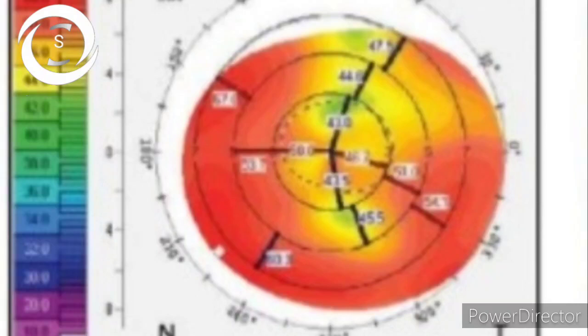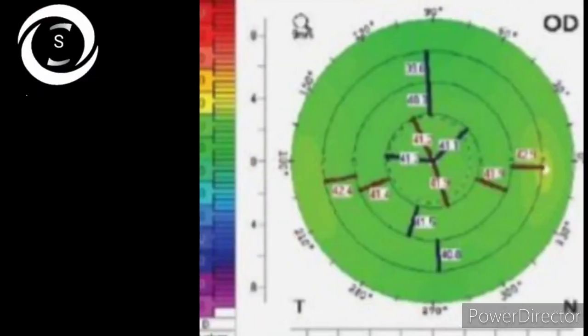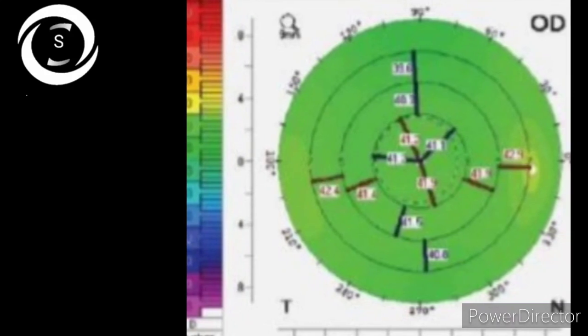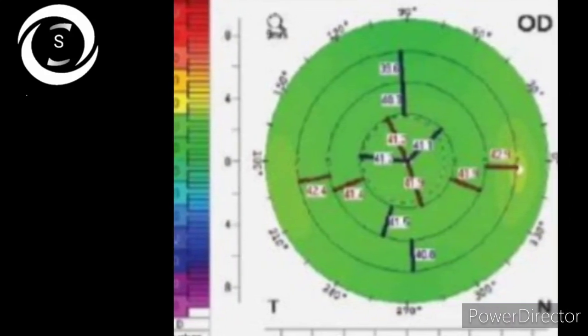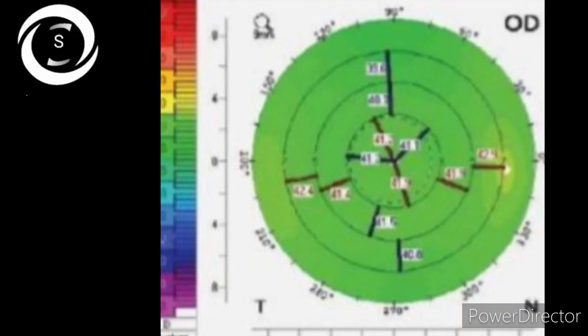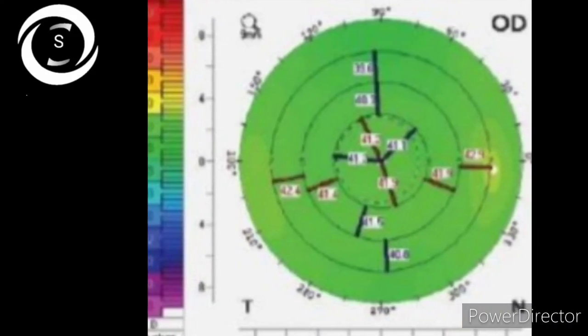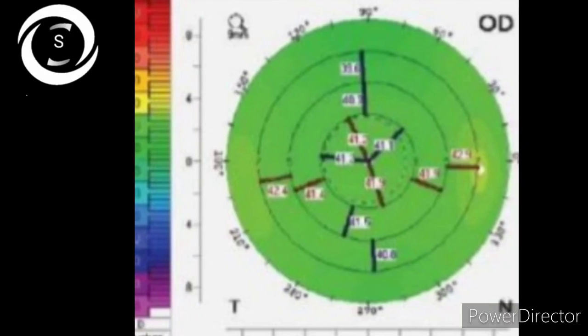You will also find all red and orange colors on axial maps, but that will not be keratoglobus but in a post keratoplasty patient. So you should know the differentiation. In keratoglobus there is uniform steepening. In keratoplasty you will find irregular astigmatism a lot more than in keratoglobus. The last picture shows all green. Green is good and it means either a normal cornea, or you can get such a picture in post refractive surgery patients of PRK and LASIK as well.